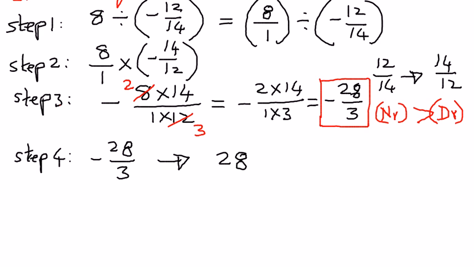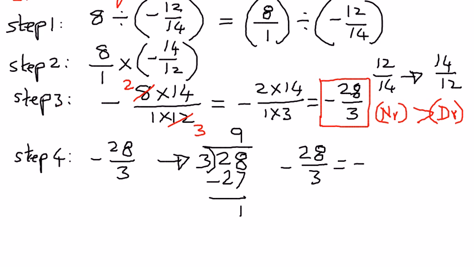We have 28 and then we want to divide it by 3. Then we're going to recall our 3 times table. 3 times what number is equal to or less than 28? 3 times 9 is 27. When we subtract 27 from 28, we're left with 1, and therefore negative 28 divided by 3 can be written out as